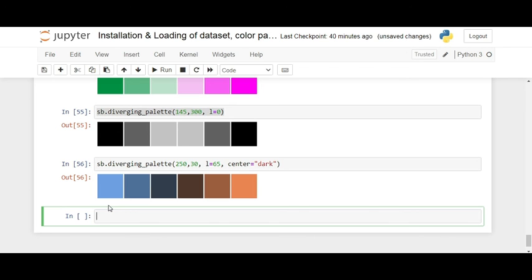Another one here, I will add one of the color palettes, and here I will use Spectral.